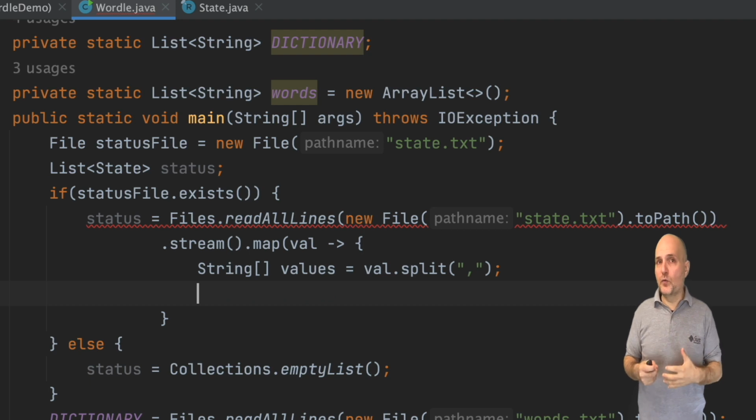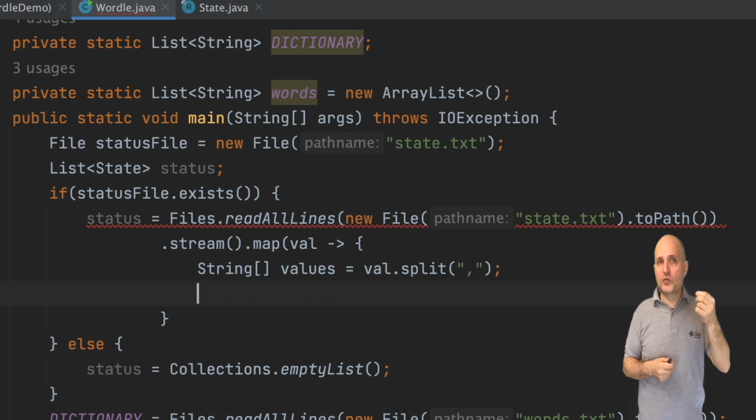We did this before, but as a reminder, the block within the map is called a lambda, and it will be invoked for every entry within the list. Here we can return the state object instead of the string representing a line.